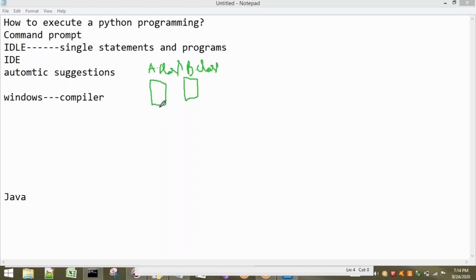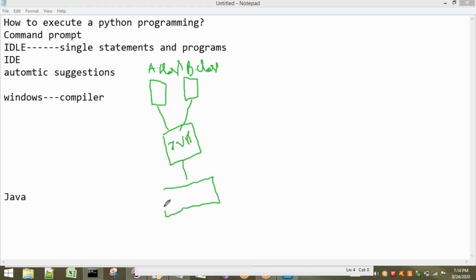Now in the first case, the files are sent to a JVM, which is Windows JVM. Windows JVM can convert Java to Windows understandable language.